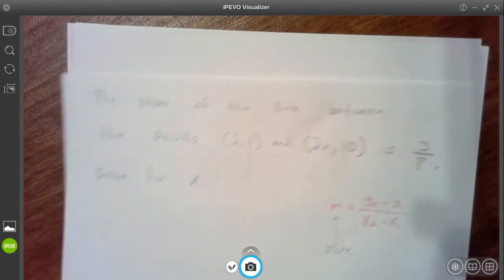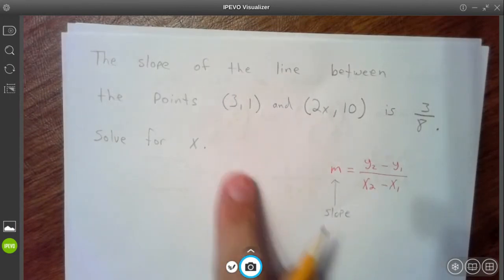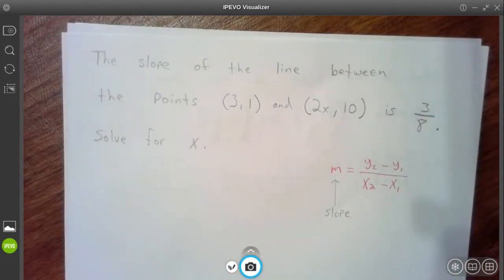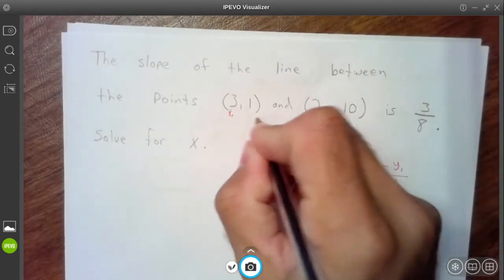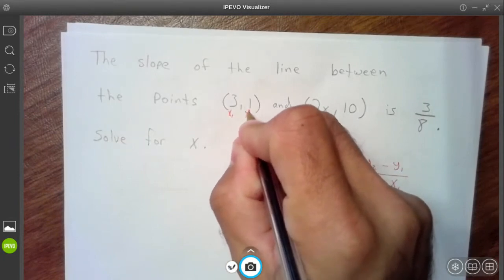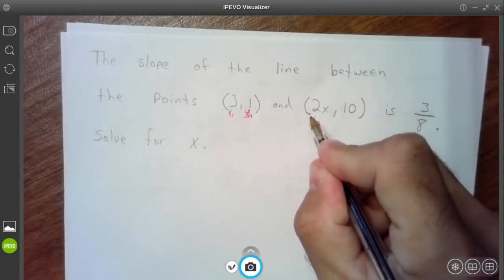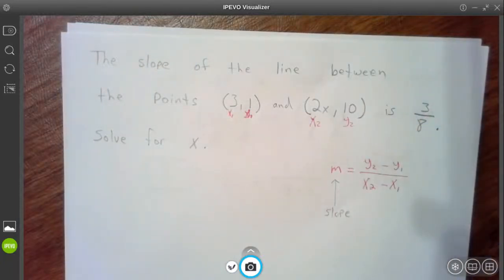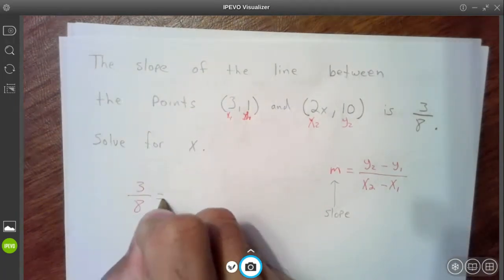To solve an equation with it, it's going to be very similar. I'm just going to throw these values into the y2, y1 formula. So again, let me call this x1 and y1, and I'll call this one my x2 and this one my y2. What I'm going to do is take the 3/8, which represents my slope, and plug that in for m. So 3/8 equals